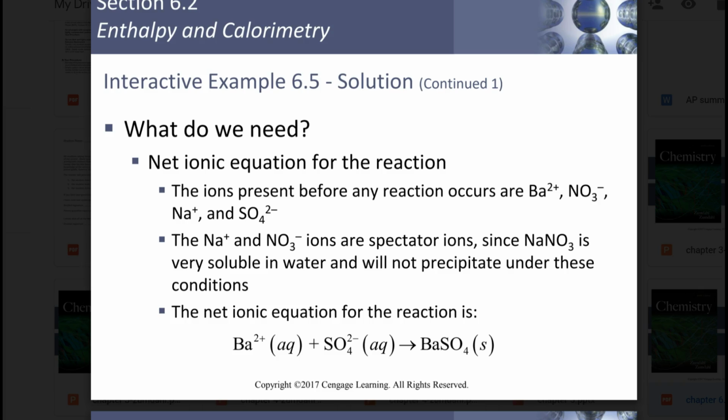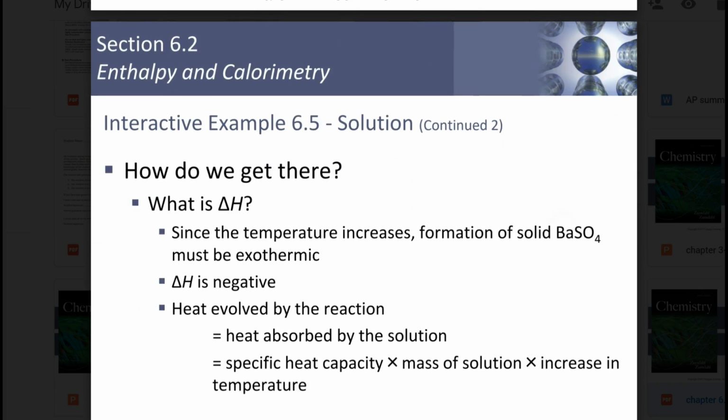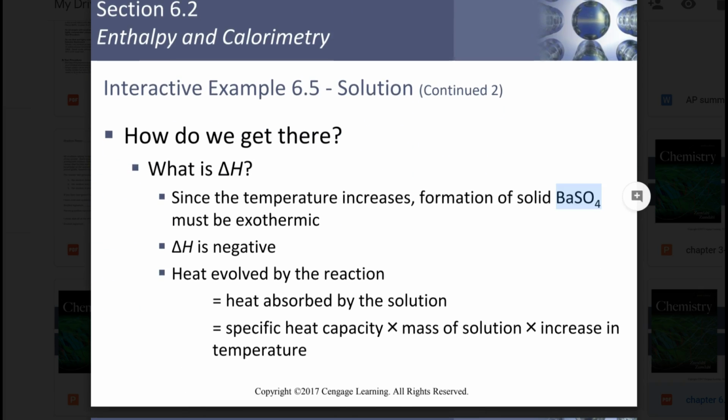So, what is this reaction really? Well, barium plus sulfate gives you barium sulfate, right? Because that's the white powder that it's talking about, the precipitation reaction that forms. Since the temperature increases, this reaction must be exothermic, right? So then delta H has to be negative. So we're going to take the specific heat, the mass, and the increase in temperature and determine the heat